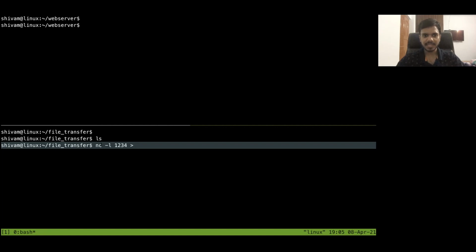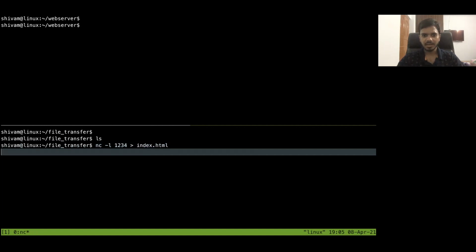Let's call the second tab the server. So the second window is the server and the first window is the client. Okay. Here, whatever I get, I will write that in this file, index.html. That file doesn't exist, but I will get the data from the client. That is the first window I will show you. I will just press enter here. Now this is listening on port number 1, 2, 3, 4 and is waiting for some input from a connection, input from some client.